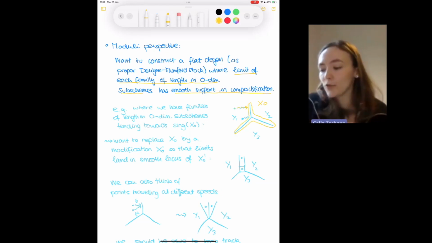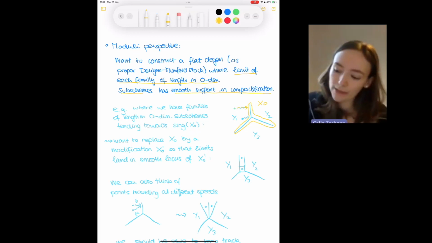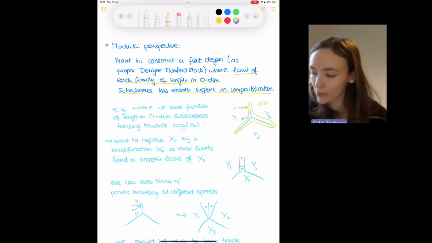And basically you don't want the points to land in the singular locus. You want the points of the support of these subschemes to land in the interior of some component. You want them to land in the smooth locus of some underlying surface. So the way that we make this happen in the compactification is that we actually say, well, x0 is not